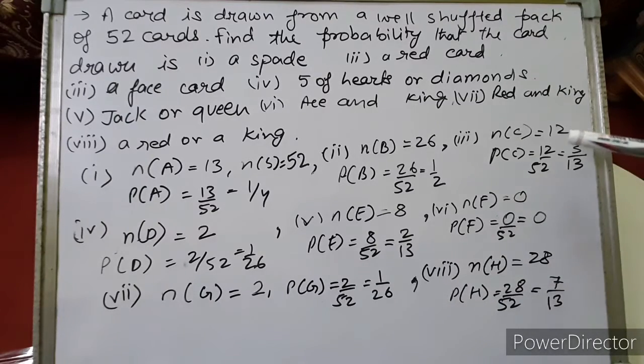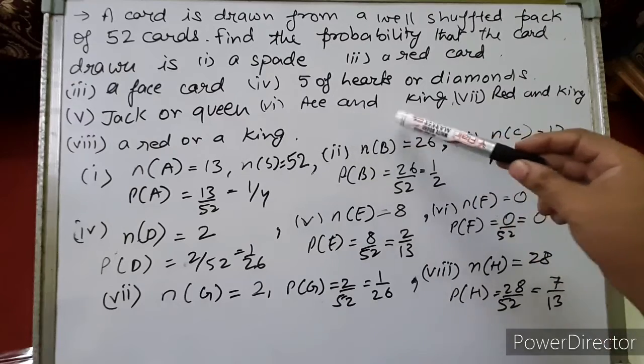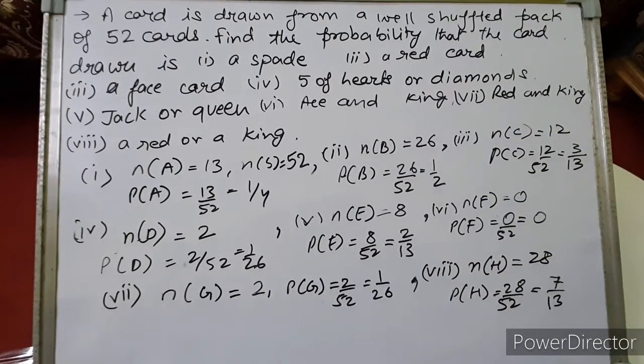Right. The sixth part. In the sixth part it is ace and king. Find the probability of getting both an ace and a king. So is it possible that both will come together? Can you get ace and king both in one card? No, it is not possible. So the number of favorable events of F will be 0, because we cannot obtain ace and king both on one card. Total number of outcomes is 52. Probability of the happening of F will be 0 upon 52. It will be 0.